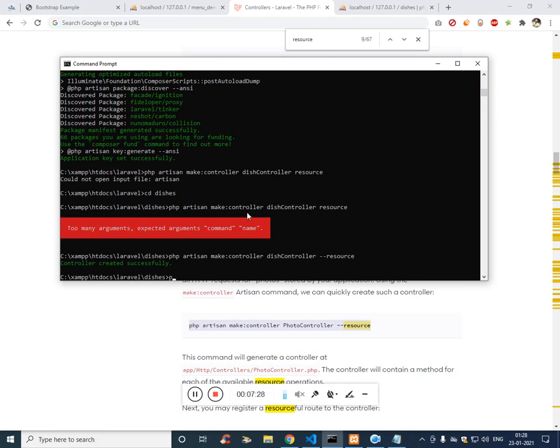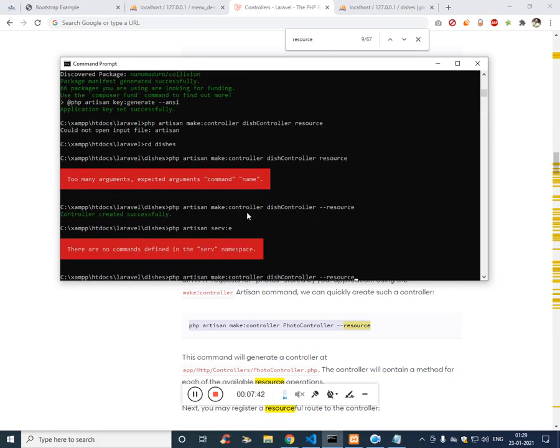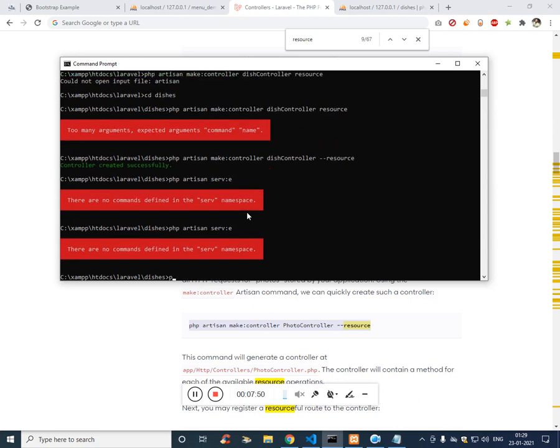Now let's check php artisan serve. So before serving, let's check the route. php artisan serve.